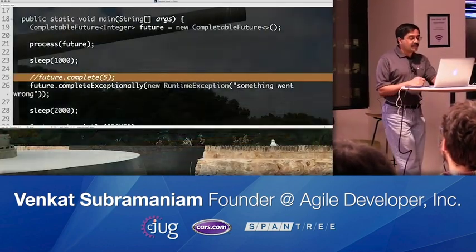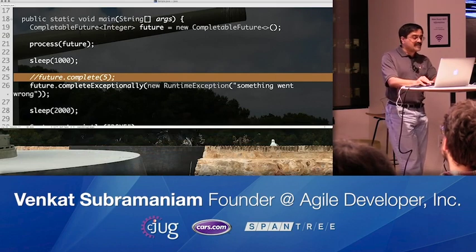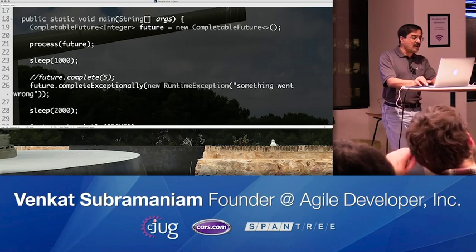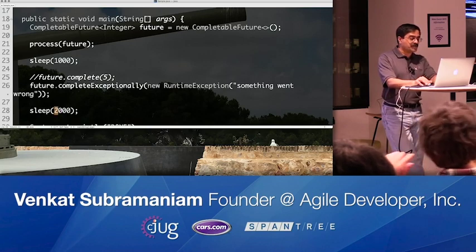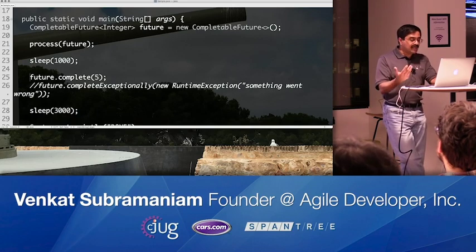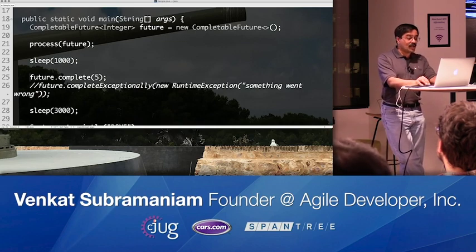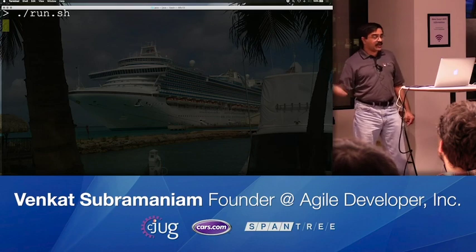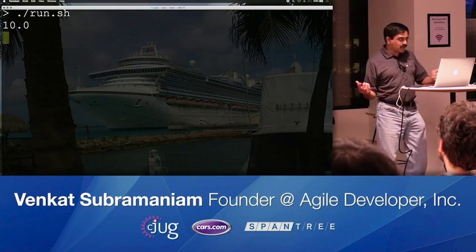So in this example, as you can see here, after a second delay, I was able to complete, or after a second delay, I was able to go ahead and say that it's going to fail. Let's go ahead and just do complete at this point. So if I complete after a second, when I run the code, you can see that after a second, you can see the output of 10, that actually worked.